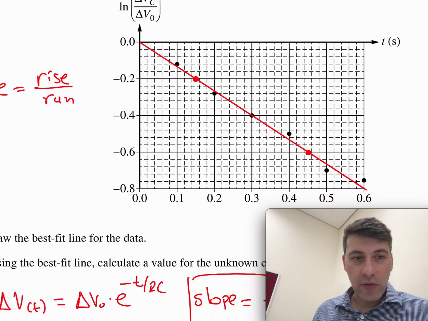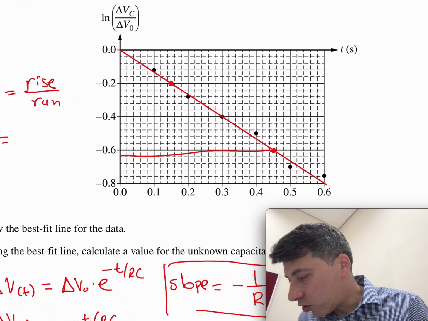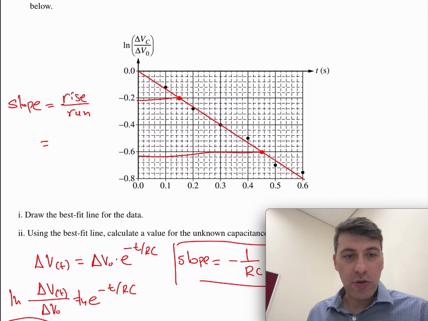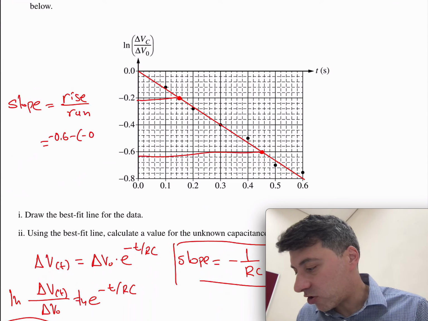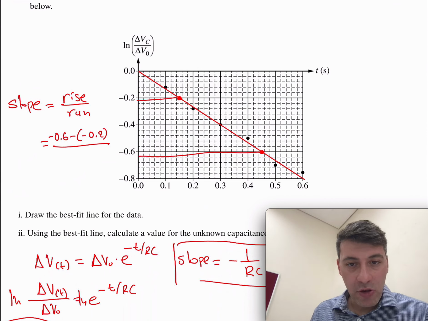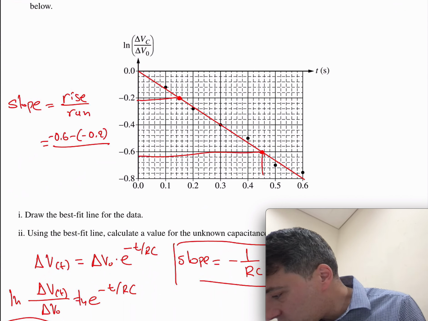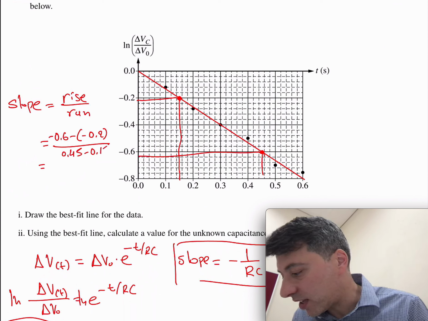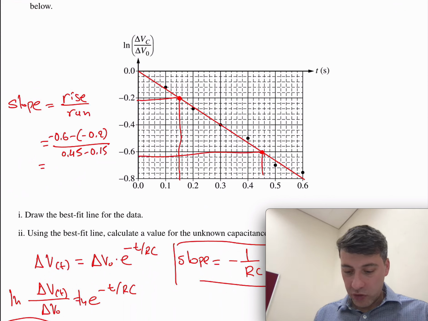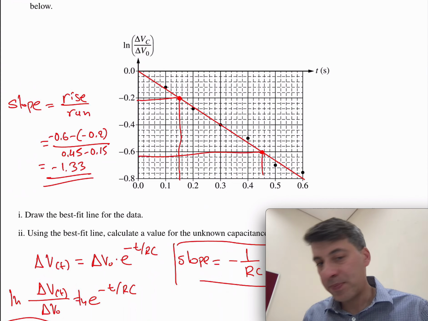So from this we can bring that the slope is equal to minus 0.6 minus 0.2, divided by the value on the x-axis, which is 0.45 minus 0.15. Now straight to the calculator, so negative 0.4 divided by 0.3, this is negative 1.33, and we